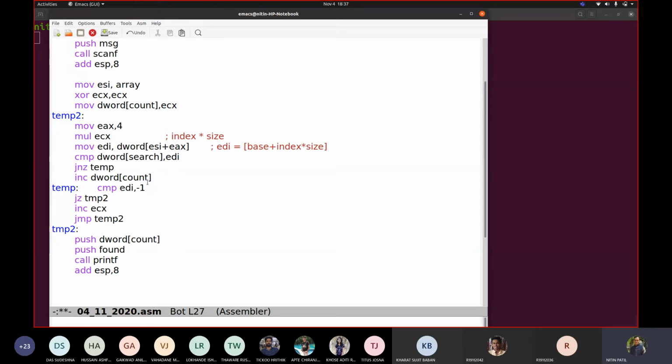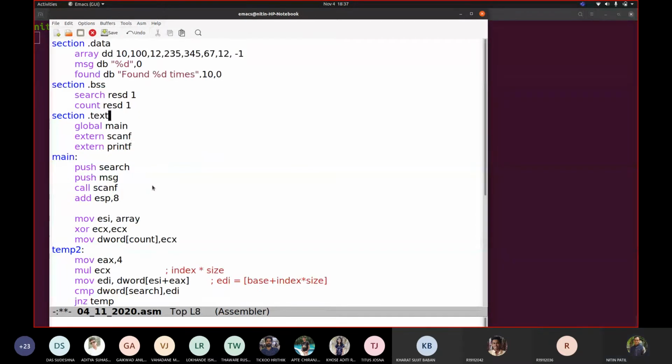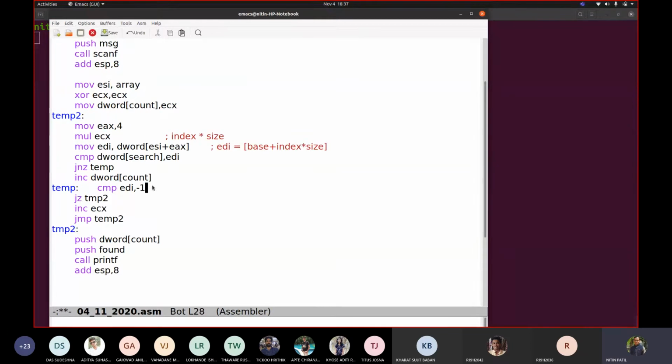In both cases, I have to check where my array is ending. So I'm adding one more compare, EDI with -1, because I have taken EDI, to cover both cases, whether it is found or not found. If it is found, it will not jump directly; it will increment the count. If not found, it will come over here. Compare the EDI value with -1, because EDI is containing the value. If it is -1, then come out of the code. Otherwise, increment the index and do an unconditional jump back, and this will continue.